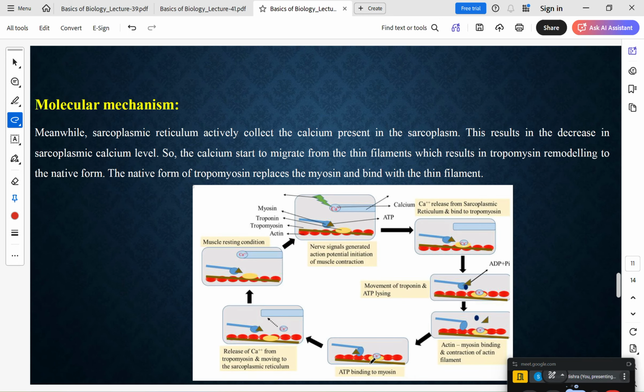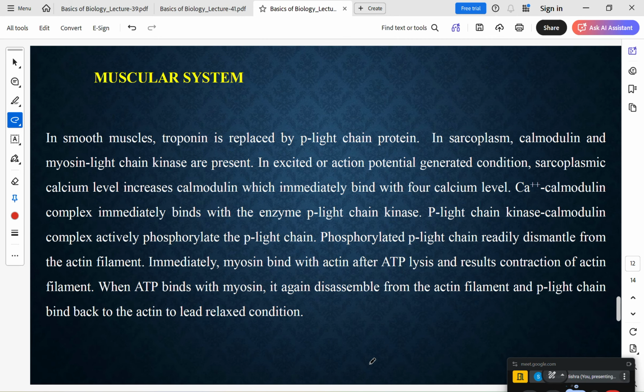The molecular mechanism behind it is something that we have already discussed. In the case of smooth muscle fibers, the troponin is replaced by P light chain protein. Instead of sarcoplasm, it's no longer sarcoplasm, it's cytoplasm again. Calmodulin and myosin light chain kinases are present. The action potential generated